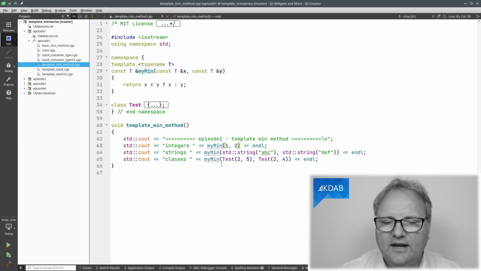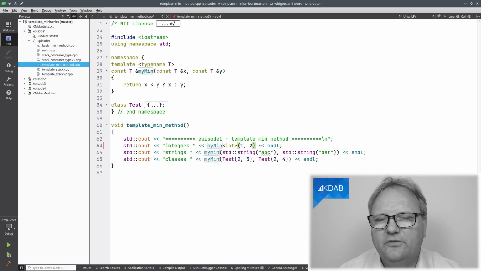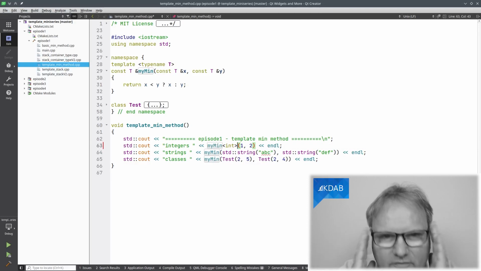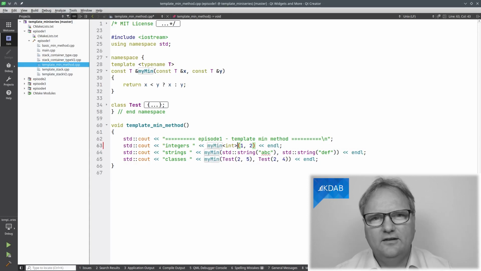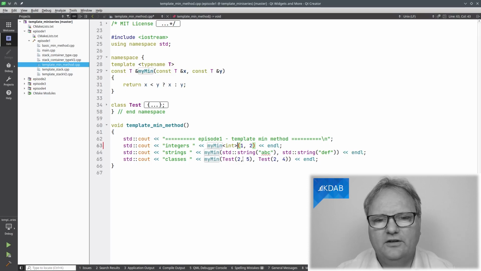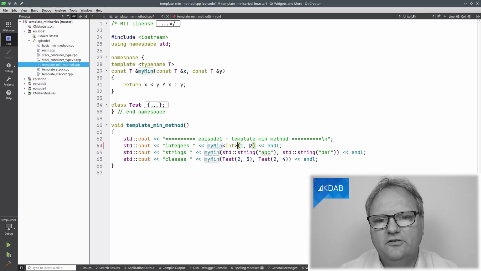Observe that this my min is now a templatized method. I didn't specify the type, but I could have written it like this if I wanted it to be more explicit. And before you go, this is going too fast, you do this all the time. You write std vector less than the type of your vector. And actually, sometimes you didn't even need that type of your vector if you want. But I can do that. My compiler will deduce that the parameters here are both integers, so T must be an integer.